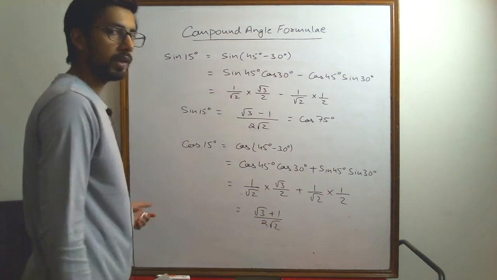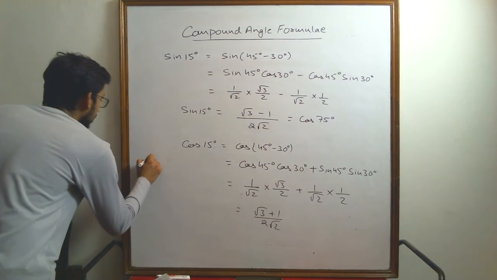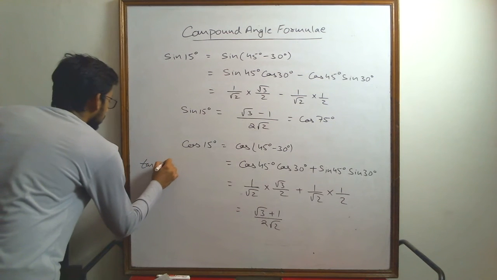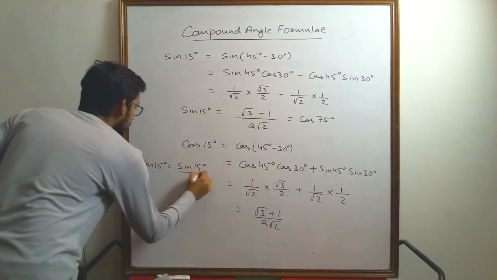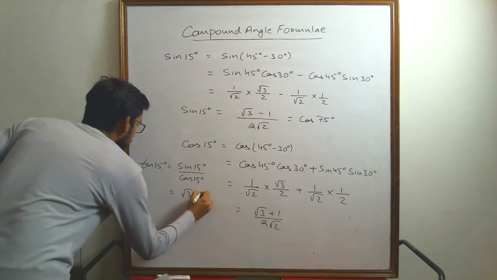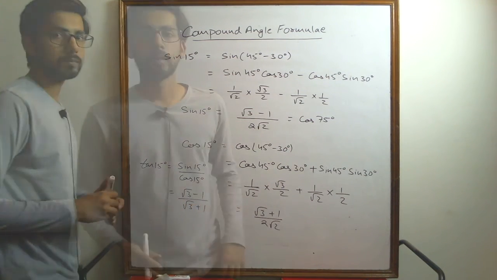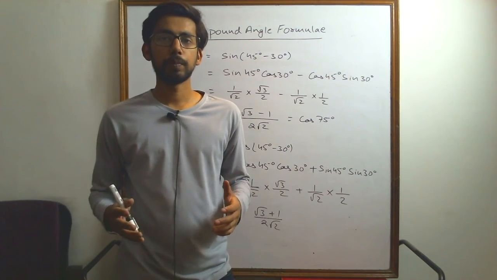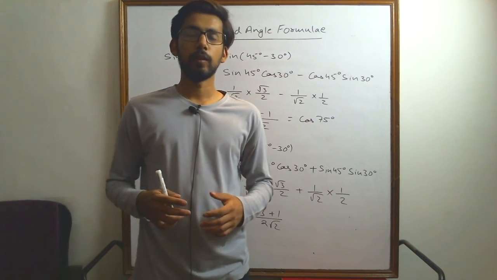And with the values of cos and sine 15 degrees, we know them. Tan 15 degrees will be equal to sine 15 upon cos 15, which is equal to root 3 minus 1 upon root 3 plus 1. So I hope you got the application of the compound angle formulas and the compound angle formulas that we have